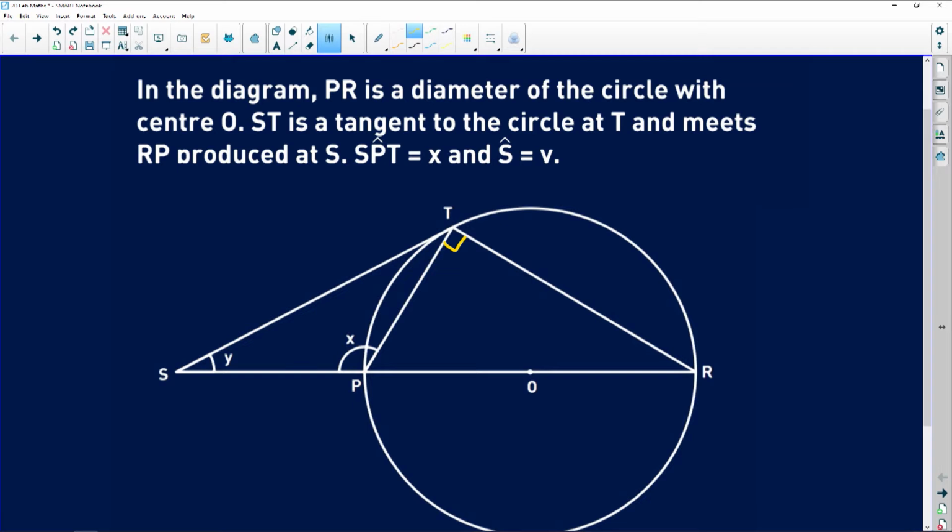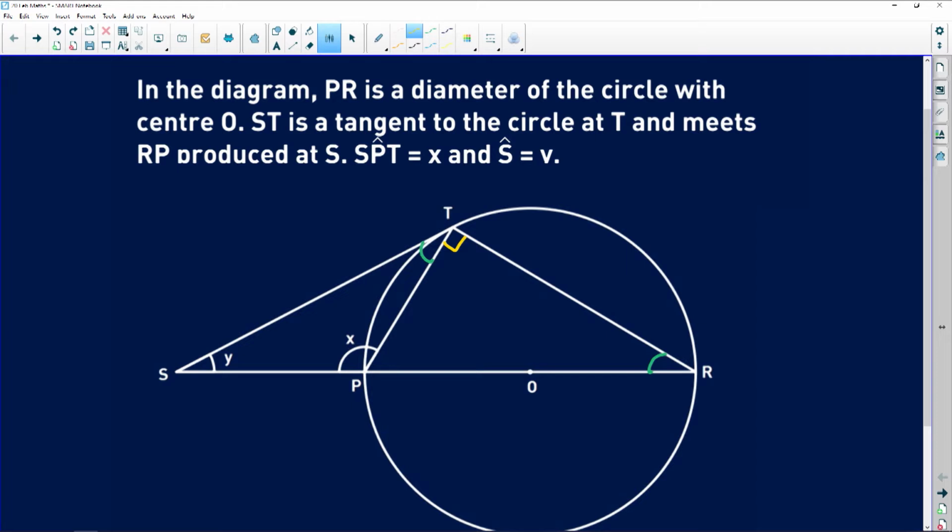Then it says that ST is a tangent to the circle at T. Okay, guys. Also, tangents, very important. Angle between the tangent and a chord is equal to the angle subtended by that chord on the circumference. Very, very important. Lastly, it says that that tangent meets RP produced at S, so they've extended that diameter to